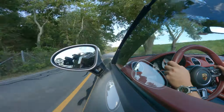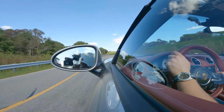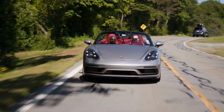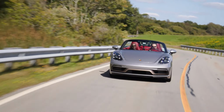I'm not the biggest fan of the auto blip, so I'm in third now. Second, it'll blip it for me. Definitely a cool feature, but I prefer to blip the throttle on my own, and I know that there's a way to turn it off in the settings, I would imagine, and some of them even have it as an option down on the array of buttons down here. But I can definitely see if you want to enjoy shifting gears, but you don't want to worry about